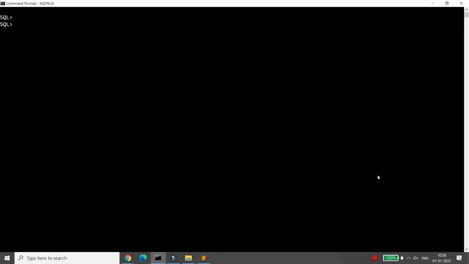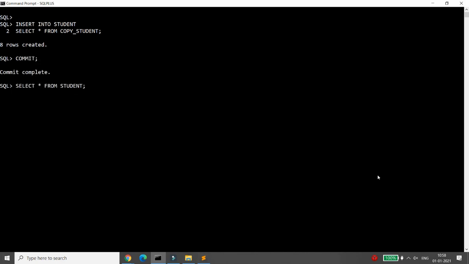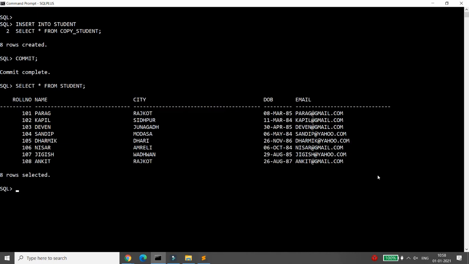How can we do this? Very simple. You can just insert into student and select from copy student. Earlier I created the copy student table from the student table, and that is the reason why I will be able to retrieve it back. I will now write the commit, and now if I write select star from student, I will be able